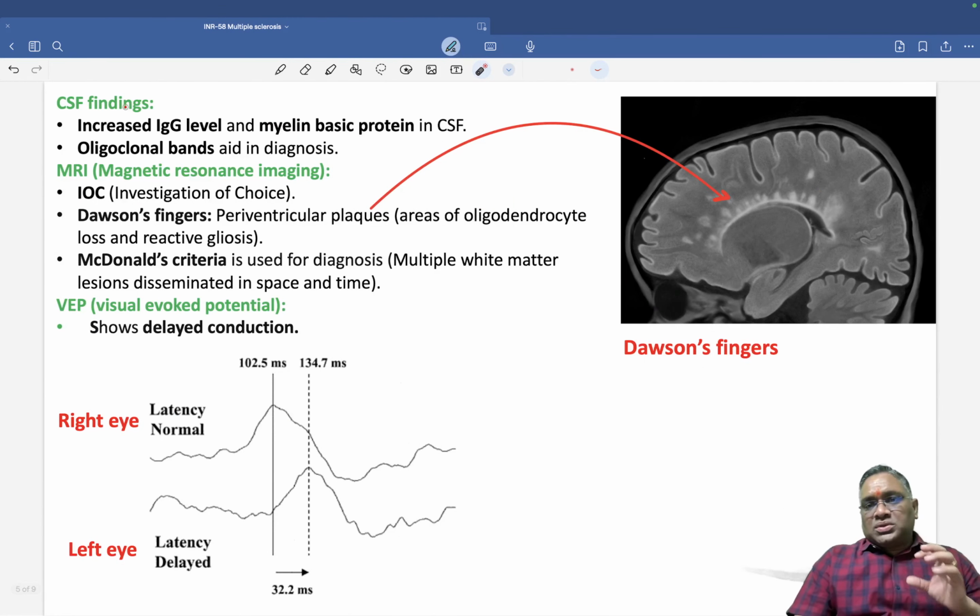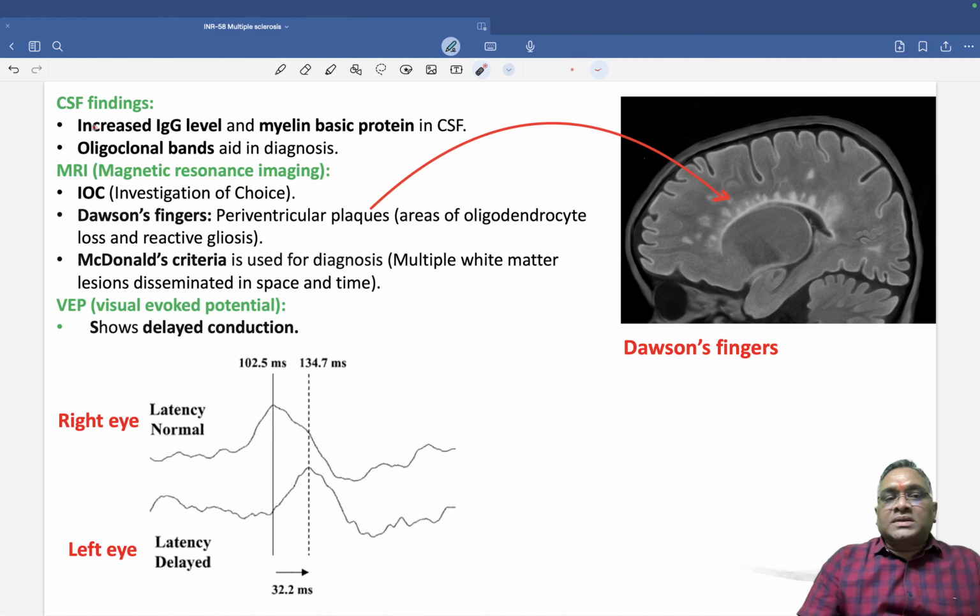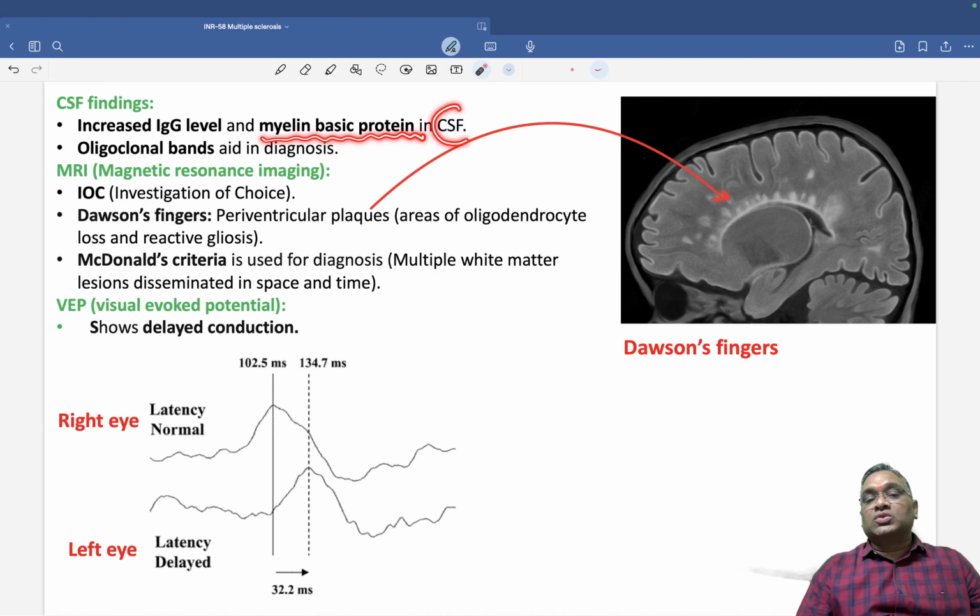What will be the diagnostic finding in the CSF? The CSF will have an increased IgG level. Remember, immunoglobulin G level will be high in the CSF, and because myelin has been damaged due to demyelination, myelin basic protein will also be increased in the CSF. So increased IgG and increased myelin basic protein, and they will have characteristic oligoclonal bands which will be